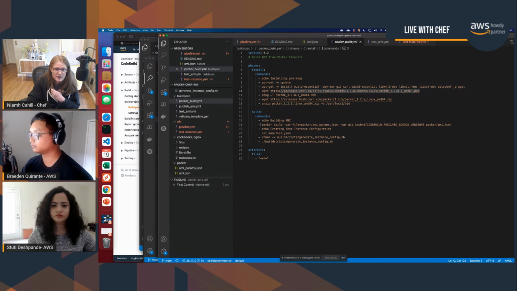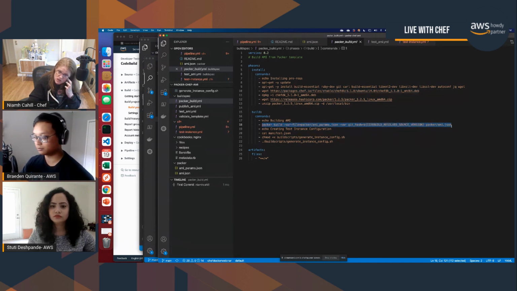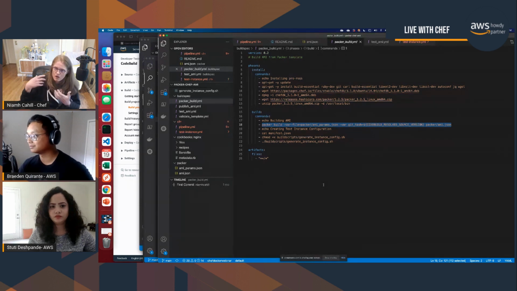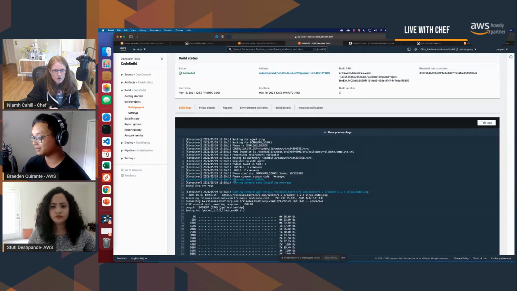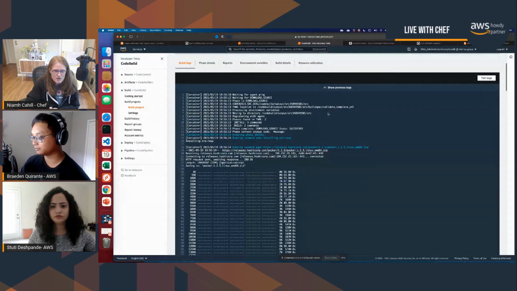And then the way to run Packer, and you can actually do this locally from your machine as well, if you're not running in a pipeline, you essentially run packer build. You can pass it variables, but then you just pass it that .json file as an argument, and it'll go out and look to see what source AMI to use, create the updates, and then deploy, build and store the updated AMIs. So if we go back and look at our build logs,